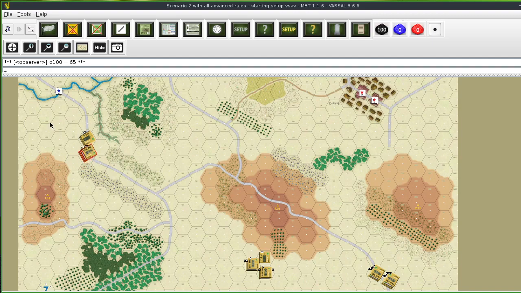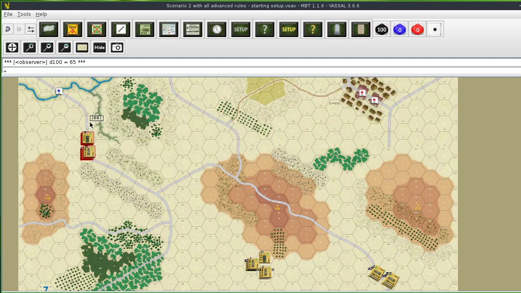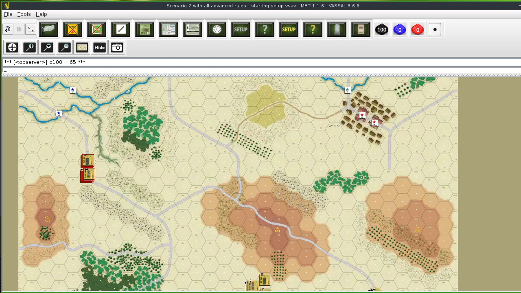Okay, now since they're using the road movement rate, I can actually take that vehicle that has a power of 16 and move it forward an extra 2 hexes. Do I want to do that? Not necessarily. All right, so the center Soviet group